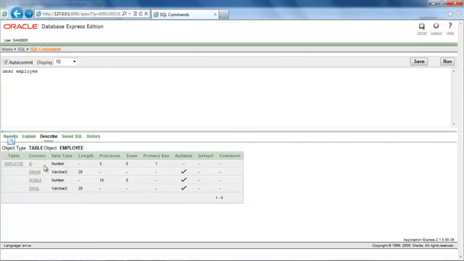So we map these columns in our database to the variables in our class. For that, we have to write somewhere that the employee table is mapped to some particular class, and the ID column is mapped,